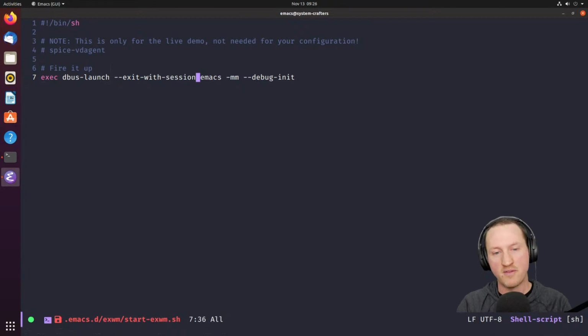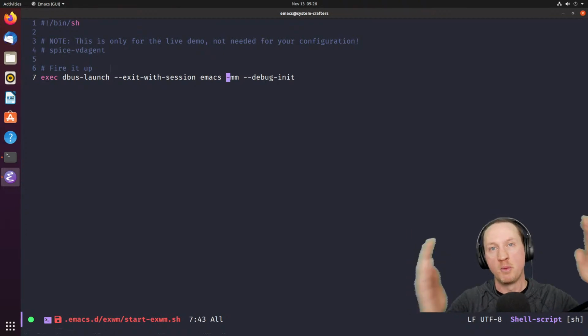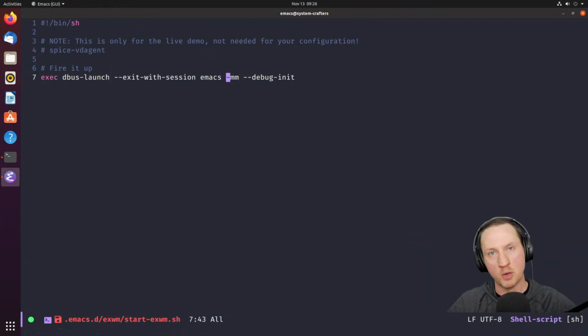Okay, so we are launching Emacs. So you can see here that we have emacs -mm --debug-init. What this means is we're using the mm parameter to say maximize the Emacs window whenever it starts up, because whenever you boot into EXWM, it's going to start an Emacs frame first, but we want that to fill up the whole screen so that it doesn't look weird whenever we're booting into Emacs initially. Also, we are adding the debug-init parameter, so that as the init.el file is loading, if we hit any errors, it drops into the debugger and shows us what the error is